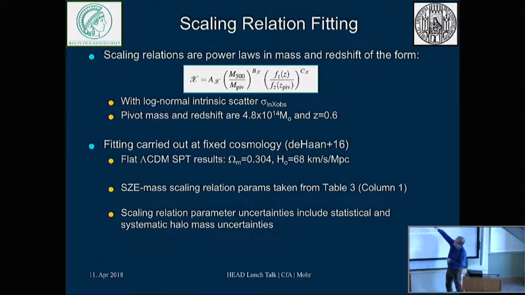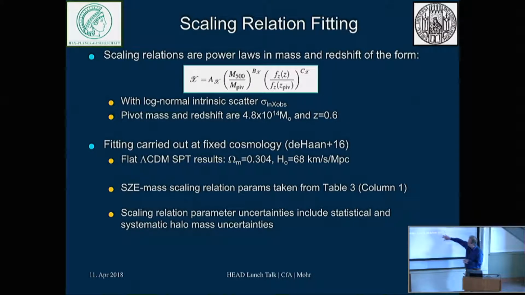You can see that the mass and the redshift trends are defined with respect to a pivot mass and a pivot redshift to try to break the correlated errors in the slope and the normalization. So we're basically looking at something like 5 times 10 to the 14 solar masses. These are actually M500s, not M200s, and our sample goes from something like 3 times 10 to the 14 up to a couple times 10 to the 15. Our pivot redshift is 0.6, and our redshifts go from 0.2 to 1.25, something like that.